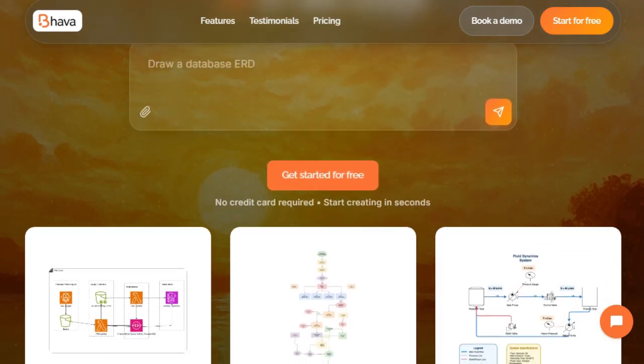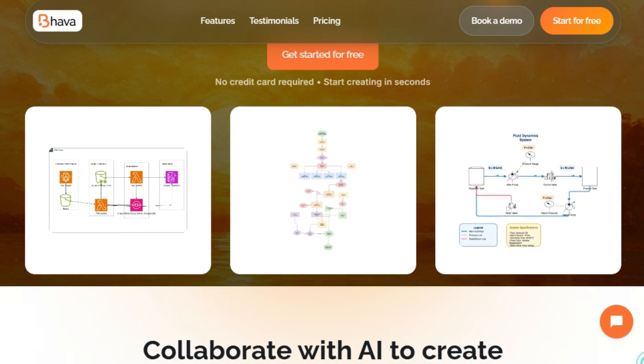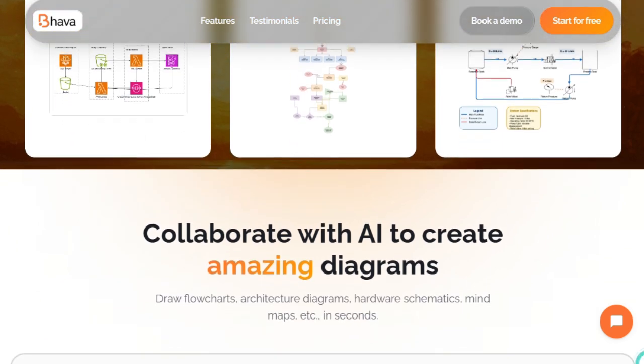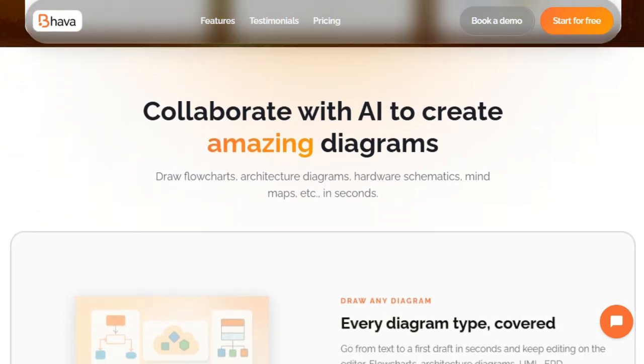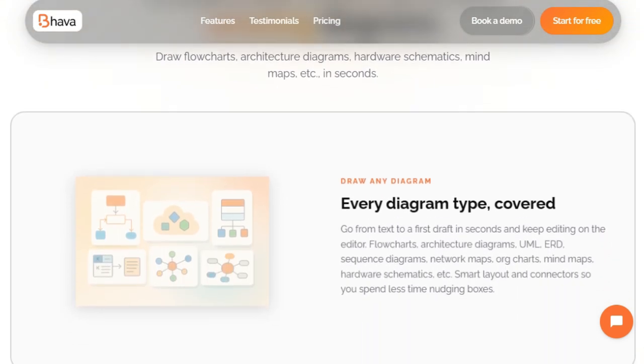Flowcharts, cloud architecture, UML, ERDs, sequence diagrams, network maps, org charts, mind maps, hardware schematics, you name it, and Bhava supports it almost instantly. What really stands out is how Bhava adds smart layout and connectivity, so you don't waste time nudging boxes into place. AI handles the positioning and connectors for you. It also automatically recognizes the icons you need, AWS, GCP, Azure, Kubernetes, and places them appropriately when interpreting diagrams from